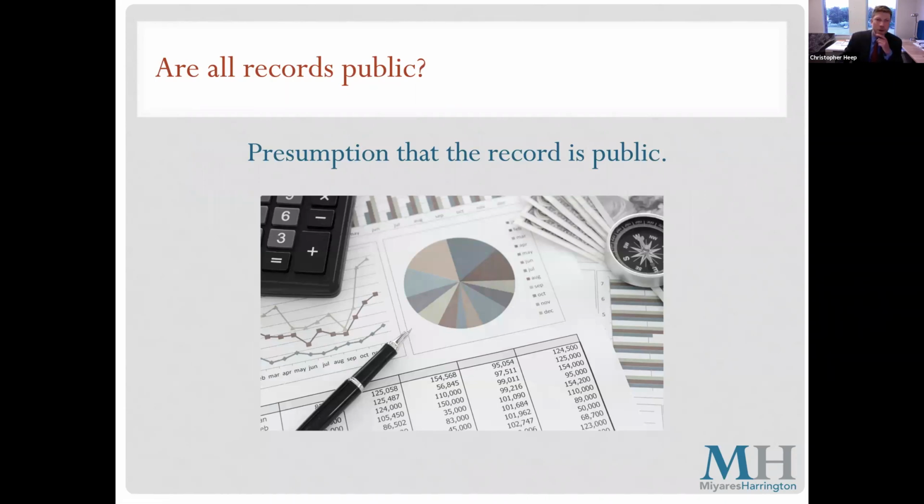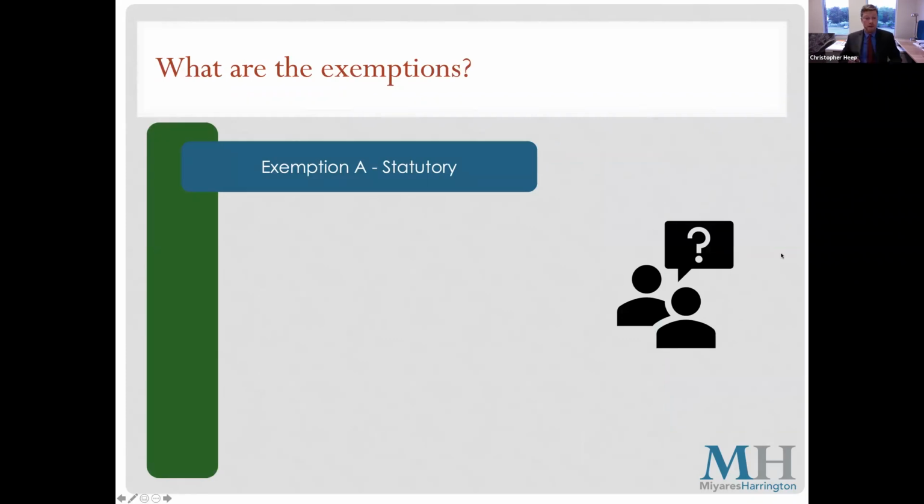Okay, now having just spoken for a moment about how broad the definition of public records is, I'm going to talk in a second about several exceptions to the definition of public record. These are documents that, although within the town's possession, would not need to be disclosed upon request from a member of the public. But before I start talking about the exceptions to the public records law, I just want to pause for a moment and note that the presumption always is that a record is going to be public, unless it complies with specific requirements of one of the listed exemptions in the statute. Okay, so what are the exceptions to the public records law?